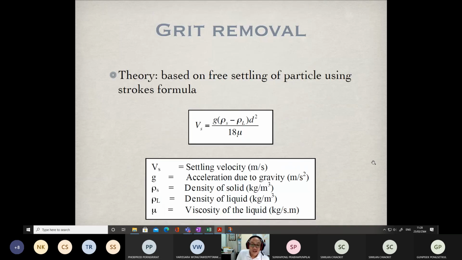And if you want to determine the velocities of particles moving in water under gravitational attraction, you have to determine it by using the Stokes formula. This is the Stokes formula. Settling velocity is equal to acceleration due to gravity multiplied by the difference between the densities of solids and liquids. The unit is kilograms per cubic meter, so don't make a mistake